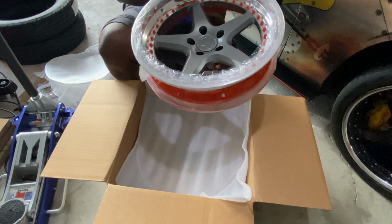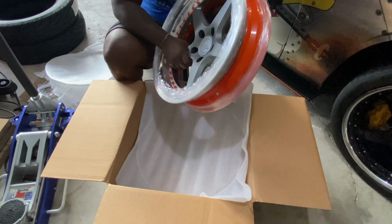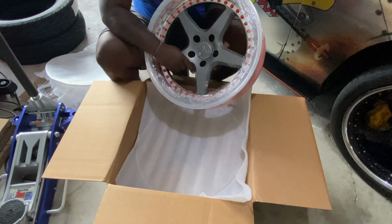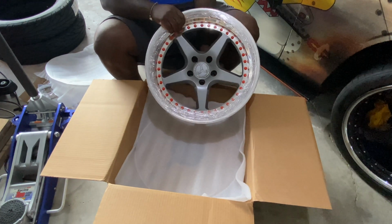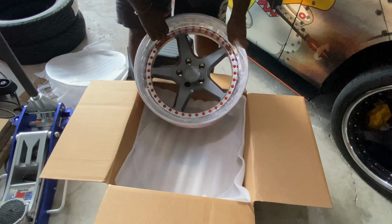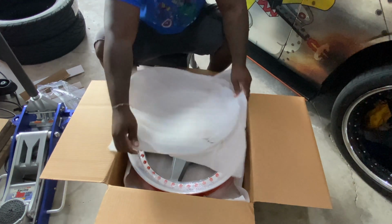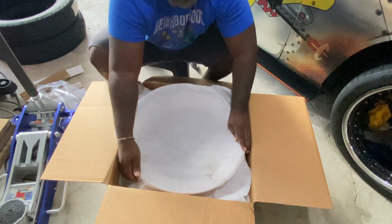Yeah, I went with, what's it called, matte, a lighter gunmetal grayish color, and I went with polished lips and a Hemi orange barrel. So that's what the fronts look like. I'm gonna put this back in here. There's two of them. I'll put this back in, and now I'm gonna show you the